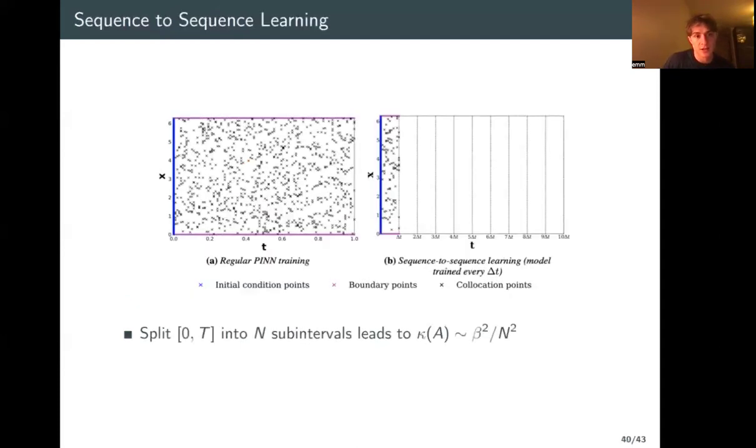Now, let's look at domain decomposition, or what's called sequence-to-sequence learning, where we first consider solving the equation for some small time, 0 to delta t. By splitting our time into n sub-intervals, you're sort of changing your velocity, so it has the same effect. If you make more sub-intervals, you're going to reduce your error quadratically as well. So this is why we observe similar results, I think.